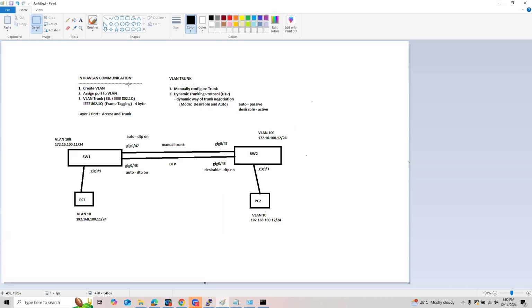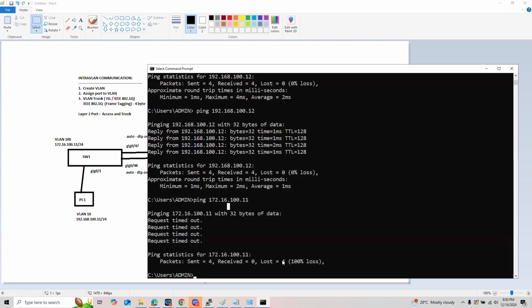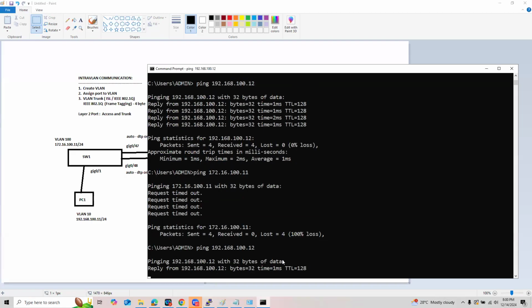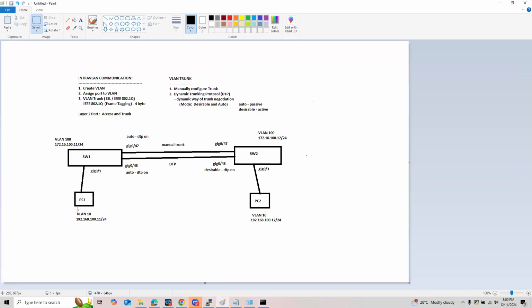Communication within VLAN 10, communication within VLAN 100, and we have seen that PC1 can communicate with PC2, right? So I'm in PC1, I can now communicate with PC2.